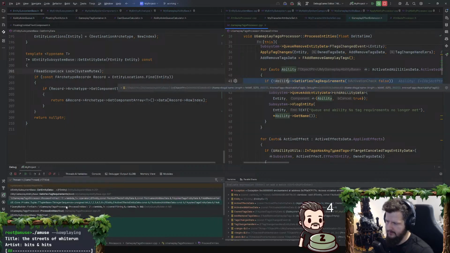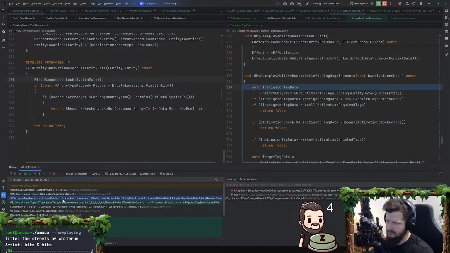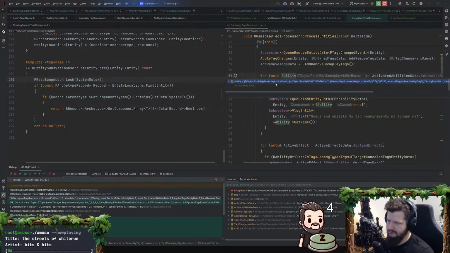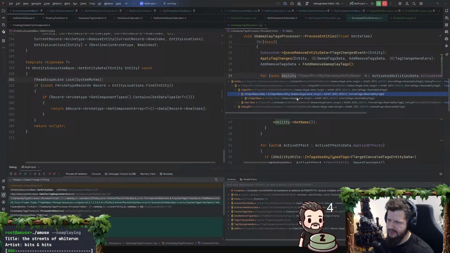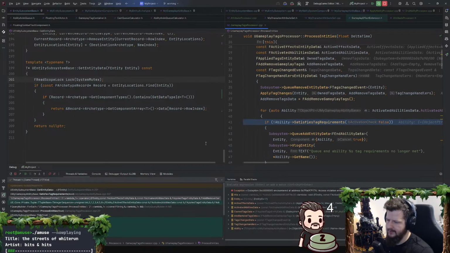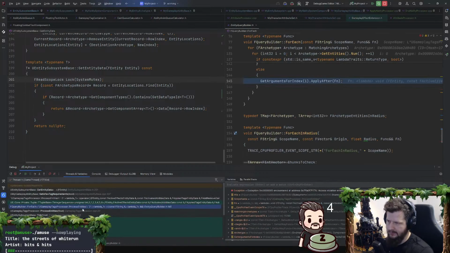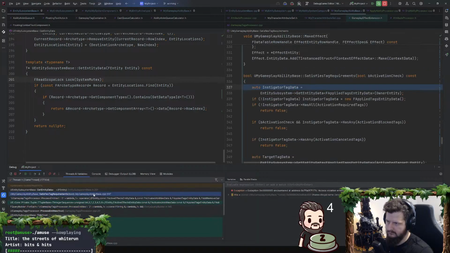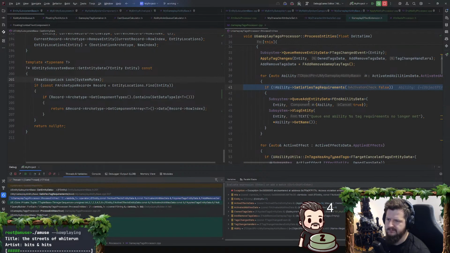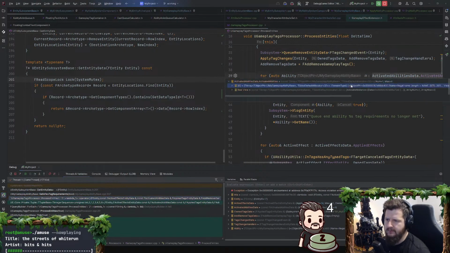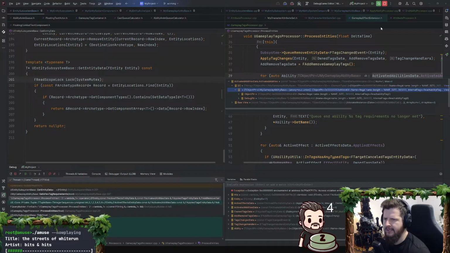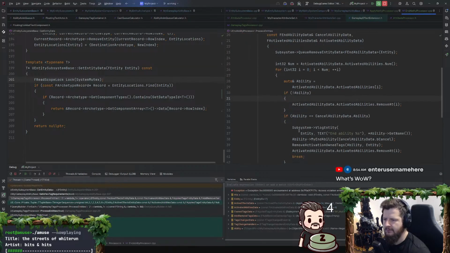Ability is invalid there. Is it, or am I just crazy? Yeah, that looks quite invalid. Why is that? Activated abilities. Yeah. I guess do we not end abilities properly?